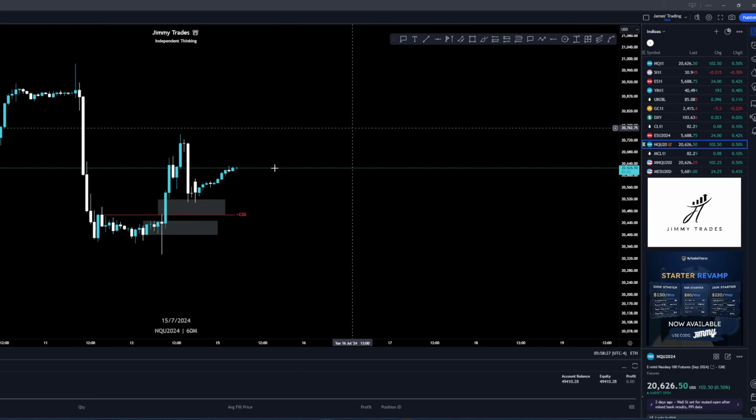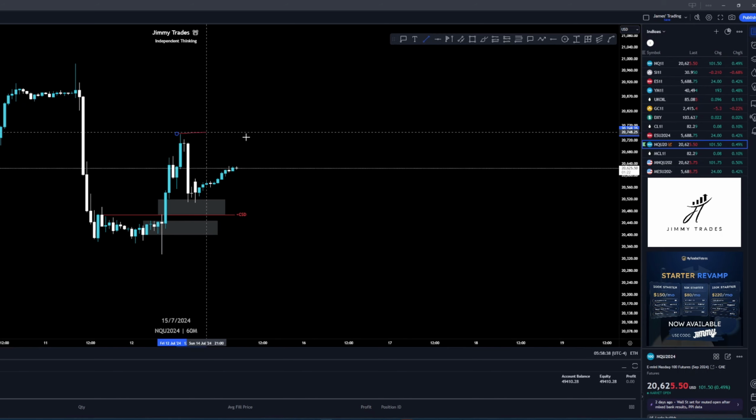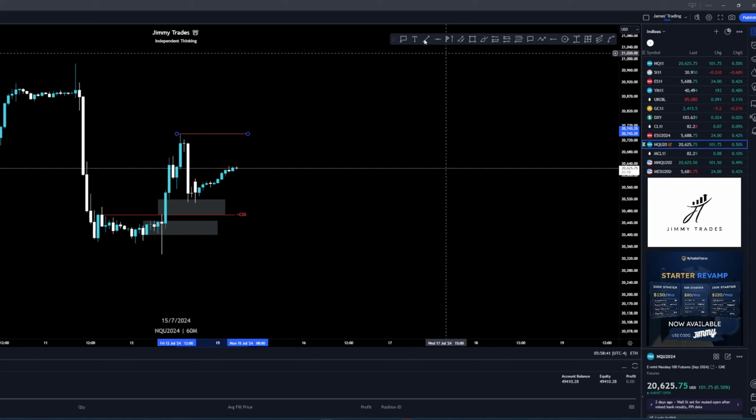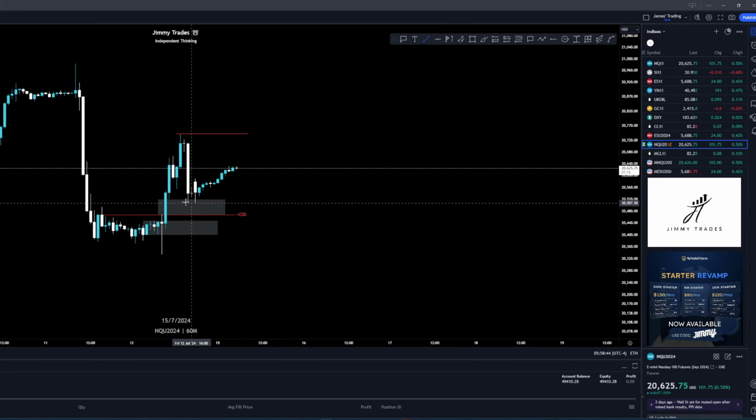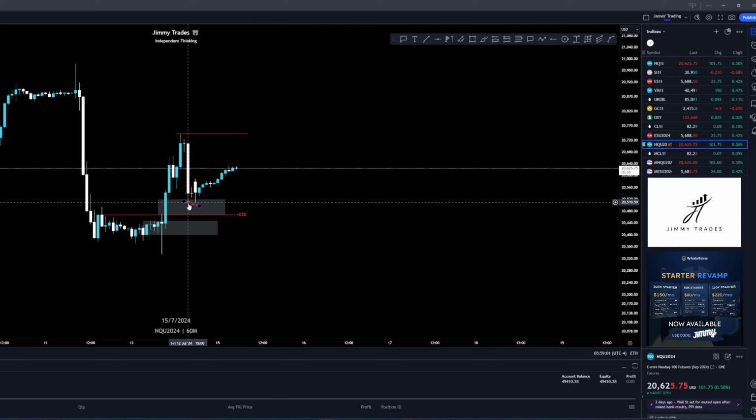So looking at that, I'm anticipating price to move higher, and this would be my area to target initially. I've already had a look at ES briefly, and I know that we do have an SMT at the lows here as well. So I've got a bullish SMT with ES. That means that ES actually has a low and a higher low, while NQ has a low and a lower low.